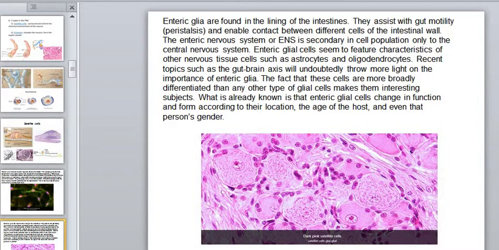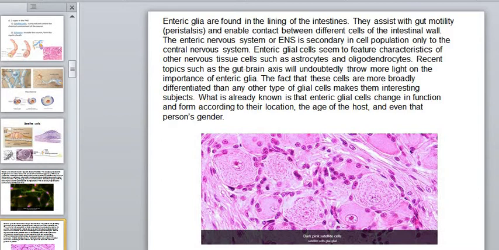Enteric glial cells seem to fulfill the characteristics of other nervous tissue cells, such as astrocytes and oligodendrocytes. The fact that these cells are more broadly differentiated than any other types of glial cells makes them an interesting